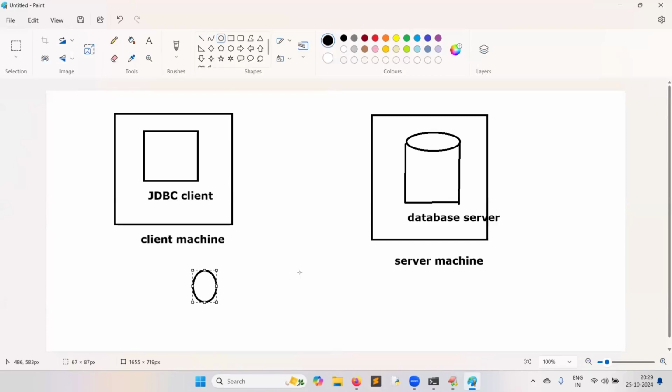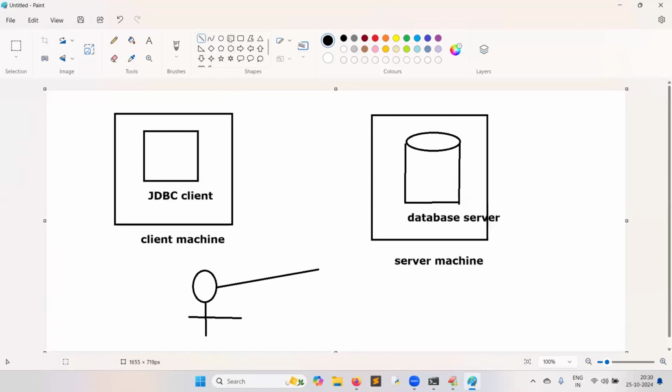One person wants to book a railway ticket. Not online booking, manually wants to go to the railway station and book a ticket. Very good. Tell me, first this person should know what? Address of the railway station.